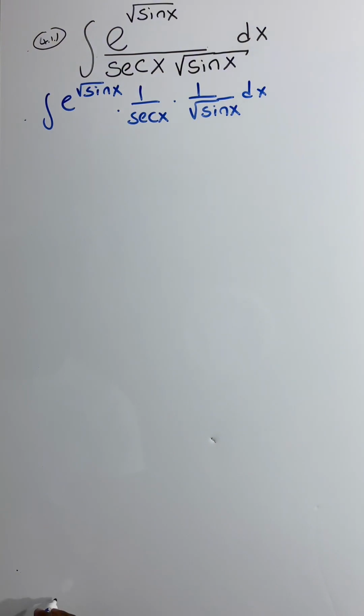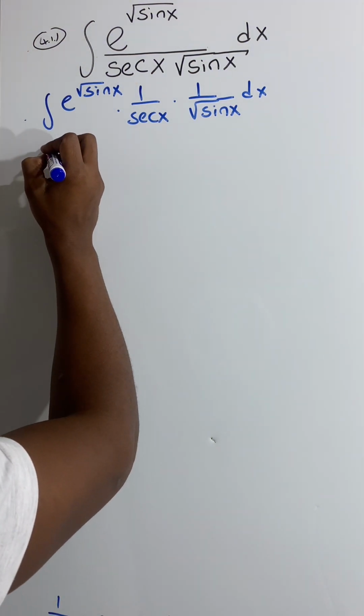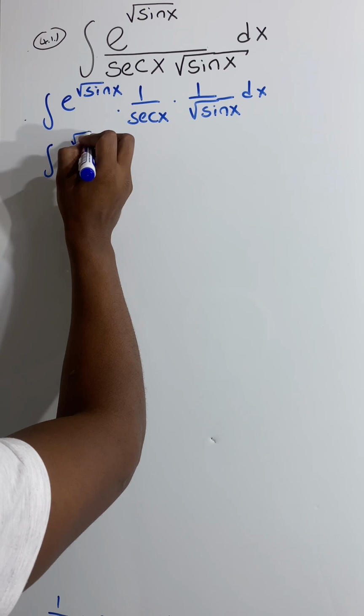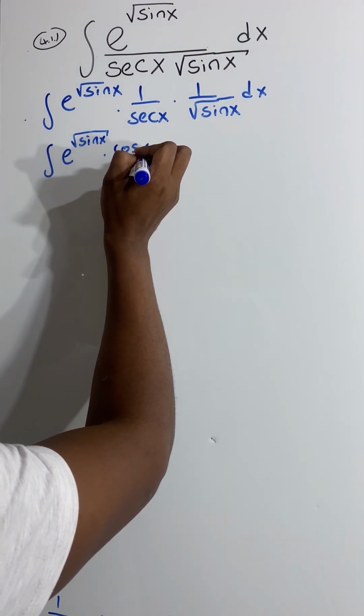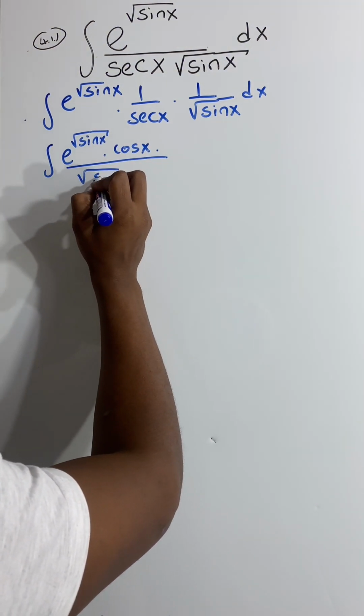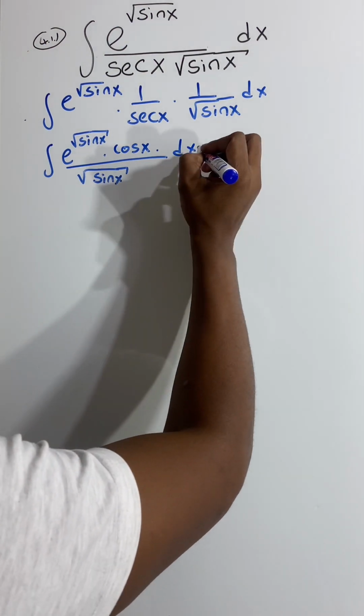We know that 1 over cos x is equal to sec x, and that 1 over sec x is equal to cos x. So in the place of 1 over sec x, let's substitute cos x. And we'll be left with the square root of sine x as our denominator, and from here we can let